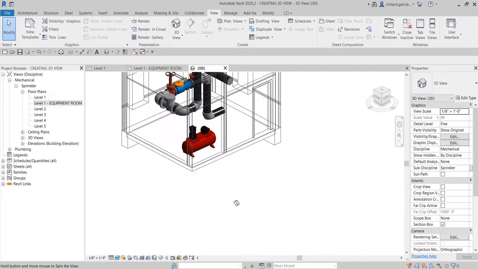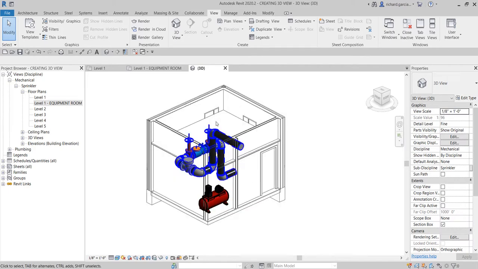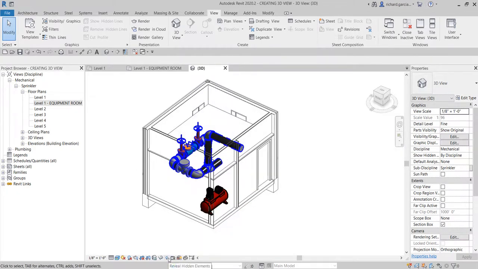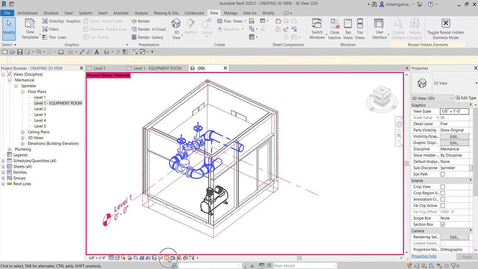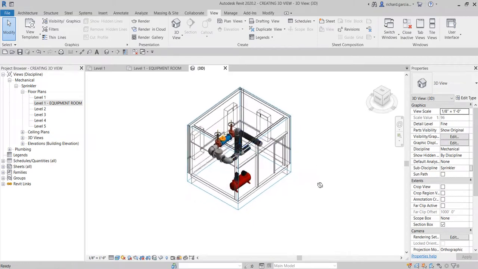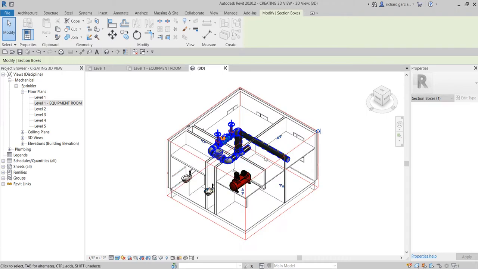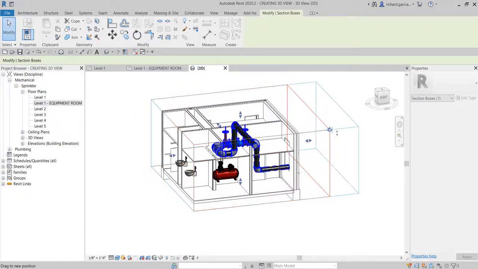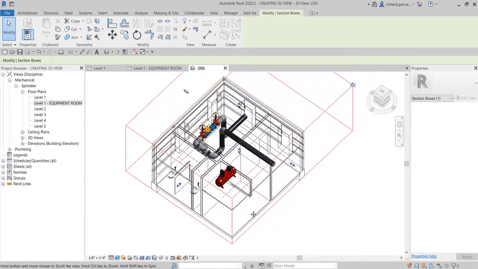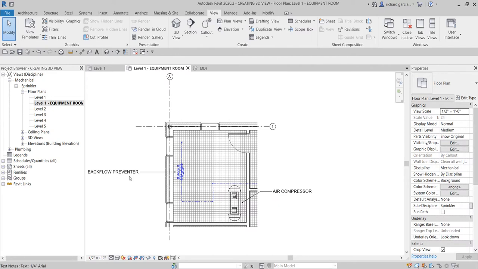Okay, so I'm now going to click the boundary here. Oops, the section box is hidden, so I'm going to turn it on so I can modify. So reveal hidden element. So there's a section box, and then I'm going to unhide category and toggle that one. Okay. So you now have an option here to adjust that if you want. Okay, so that's our equipment room. So let's adjust just like that. Oops. Okay, so going back to my level 1 here,